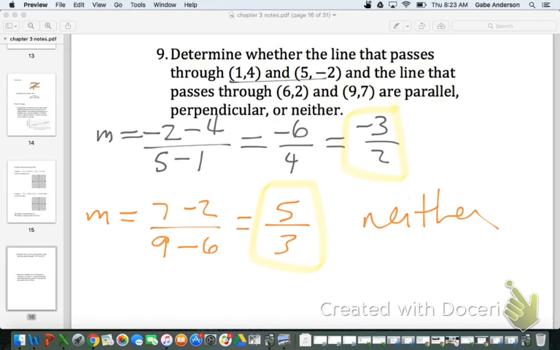Yes, sir. On this, do we have to write down the whole formula, or can we just write it down? Oh, like you have to do this part? Yeah, I just did all that in my head. I just looked at the points and then just said,